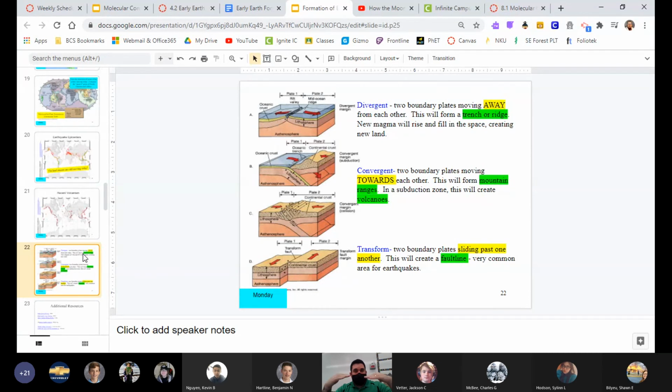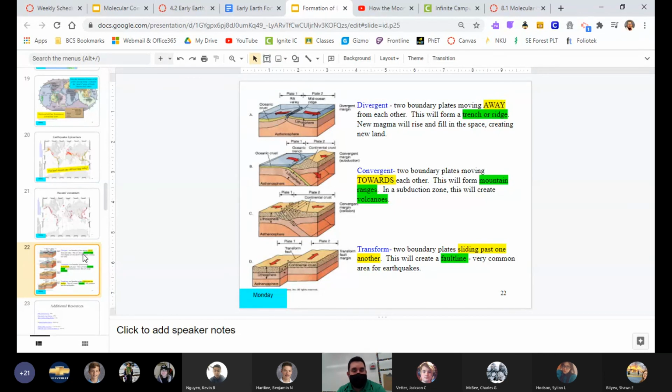A convergent boundary is when two run into each other, toward each other, and one is going to win and one is going to lose. It's just the reality of it. The denser one, the thicker one, the bigger one is going to win. The other one's going to slide under. So when two plates hit, one's going to go over, one's going to go under. That is going to create mountain ranges. They're going to buckle together, and that's going to create mountain ranges when they do that. And that can also create volcanoes.